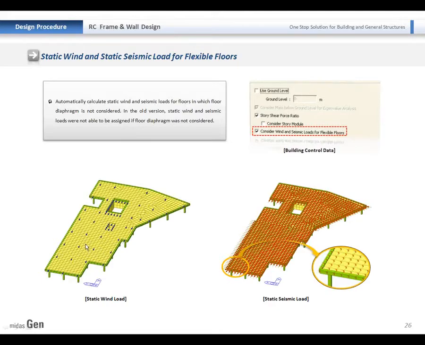Using this one, if we enter the static wind loads, the load will be automatically distributed to the vertical members, such as columns and walls. For the static seismic loads, the load will be entered to all the nodes, as you can see in this picture, based on its own mass.